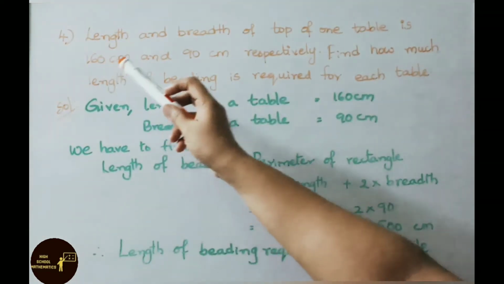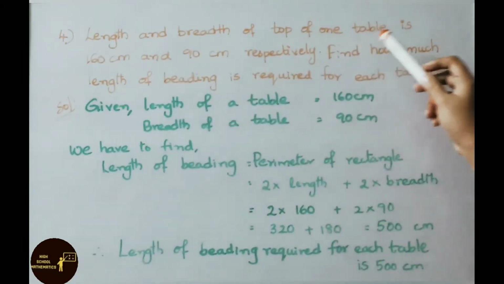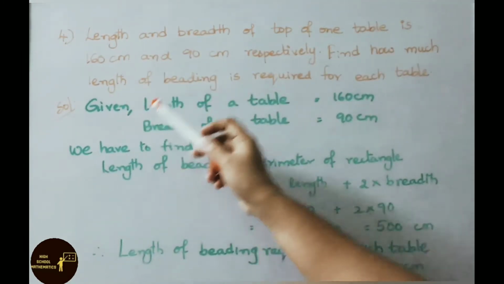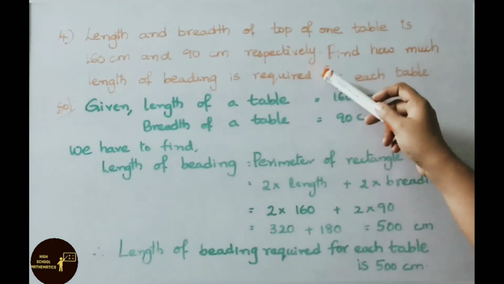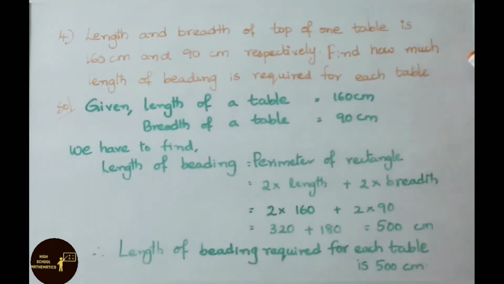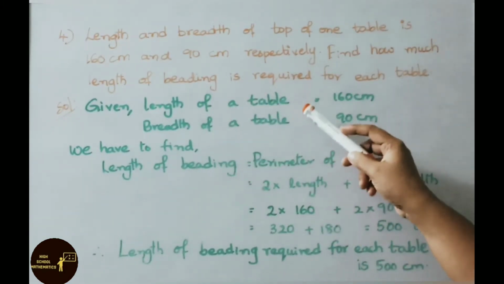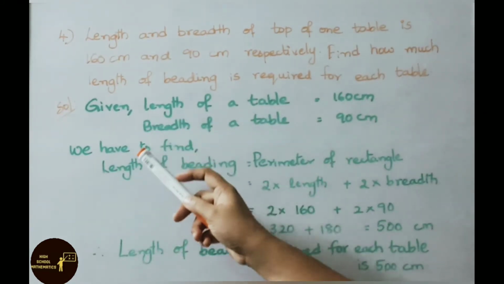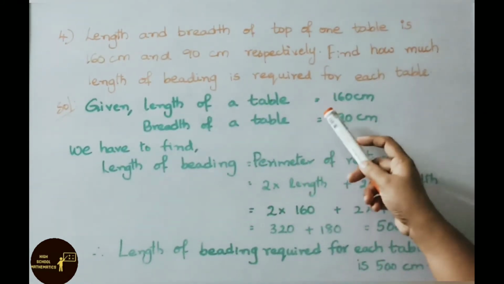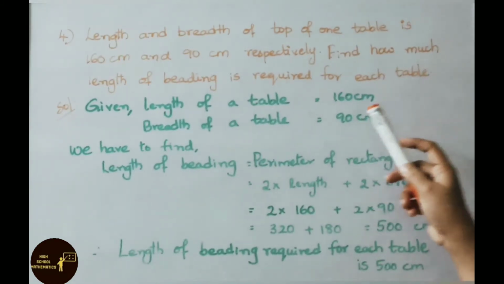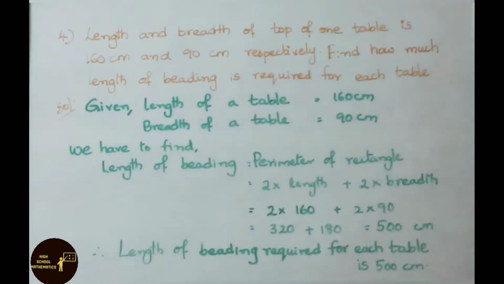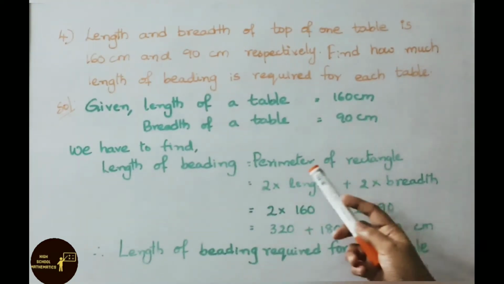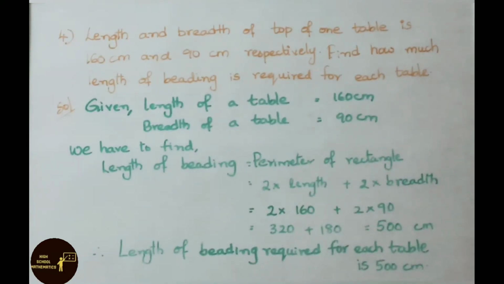See now question number 4. Length and breadth of top of one table is 160 centimeters and 90 centimeters respectively. Find how much length of beading is required for each table. See the solution. Given length of a table is equal to 160 centimeter, breadth of a table is equal to 90 centimeter. We have to find length of beading, that is nothing but perimeter of rectangle, that equals 2